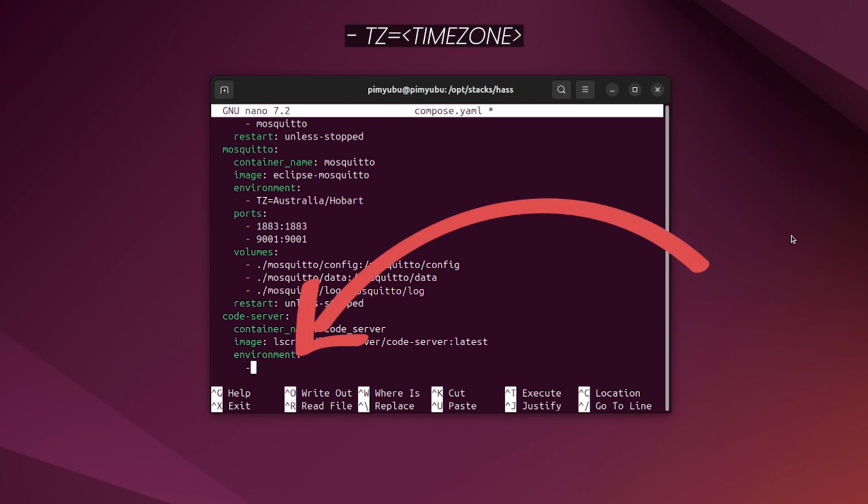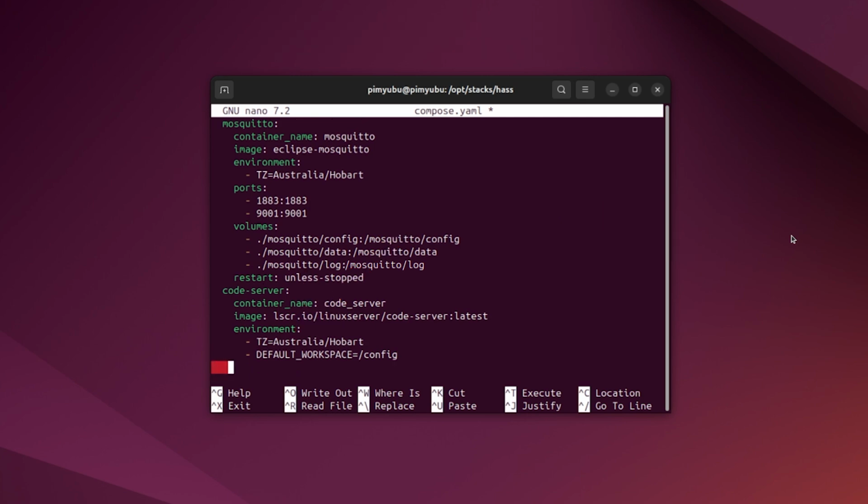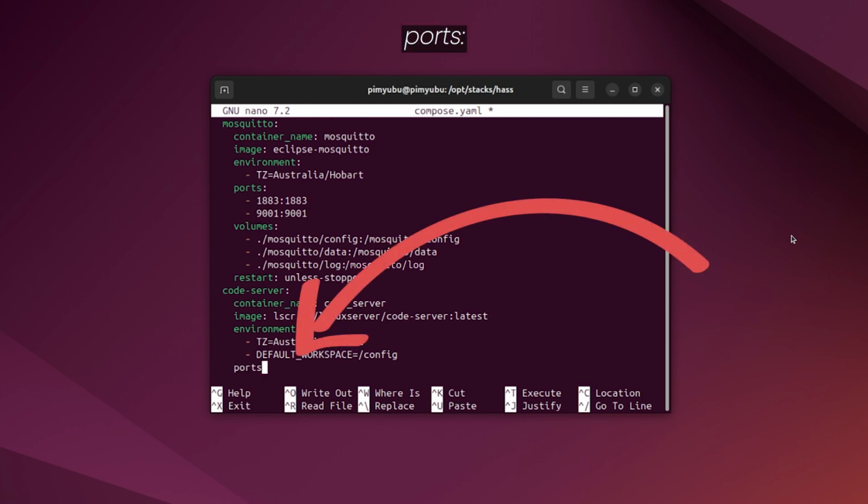The first of these can be defined by typing -TZ=, followed by your TZ identifier. Next, we'll want to set the default workspace by typing in -DEFAULT_WORKSPACE=/config. This will ensure VS Code starts in the /config directory we are about to mount as a volume. However, before we mount this volume, we need to ensure that the VS Code port is open by typing in